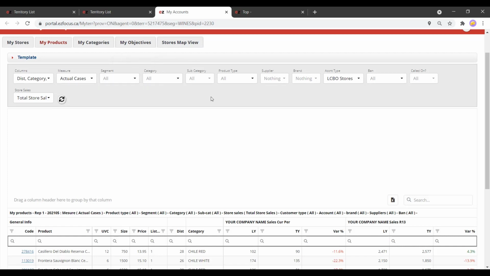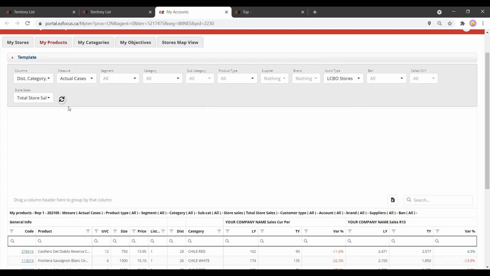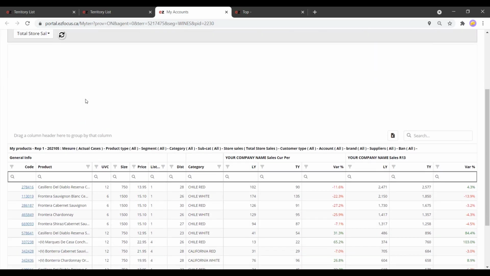So we have product related drop downs for segment, category, subcategory, product type, supplier and brand. And then we also have account related or territory related filters where you can now further select which type of account you want to look at, and any associated banner filtering is going to be related to what you make for your selection here for your account type. Now, once you have made your options, you're going to click on the refresh button, and then you're going to